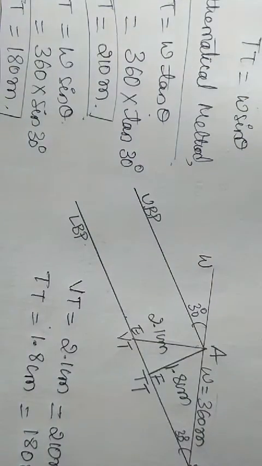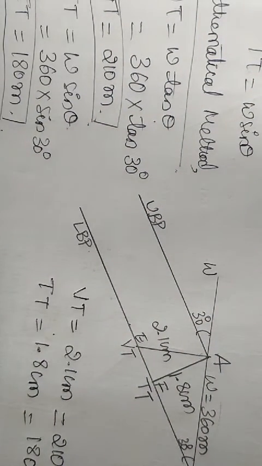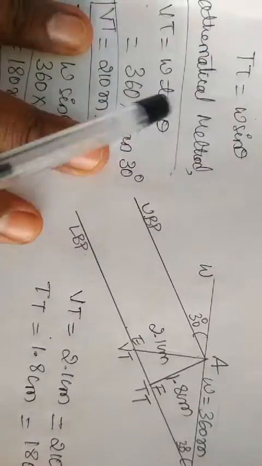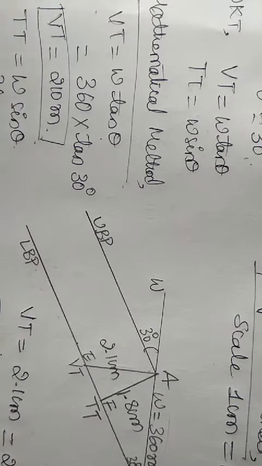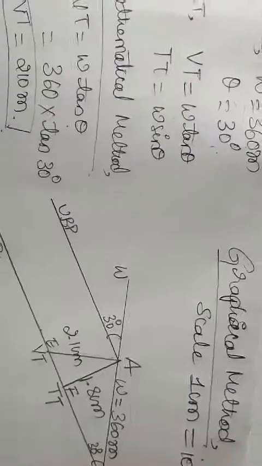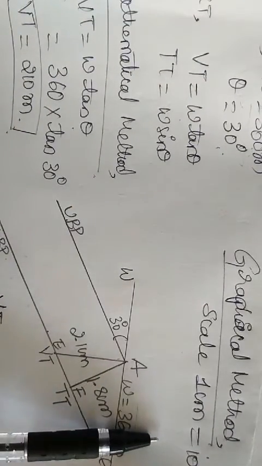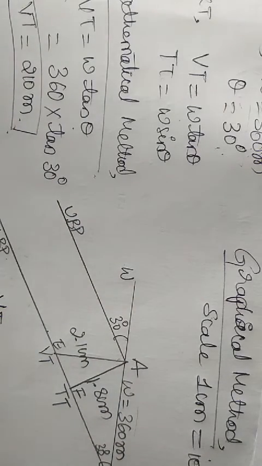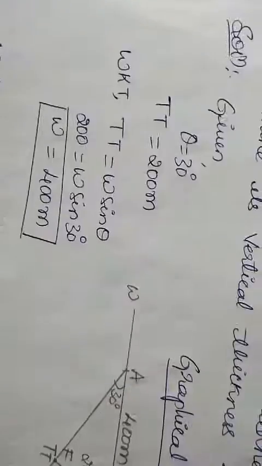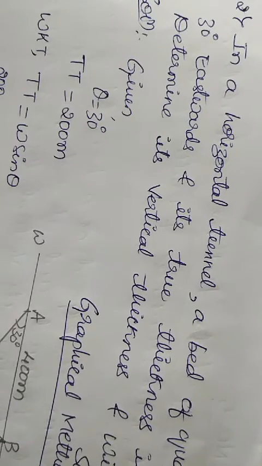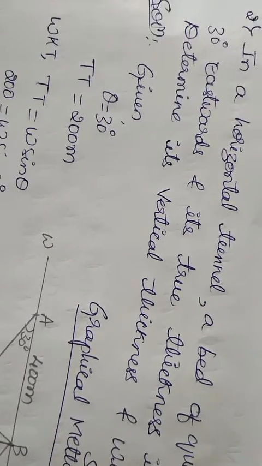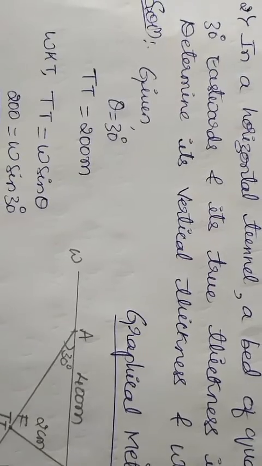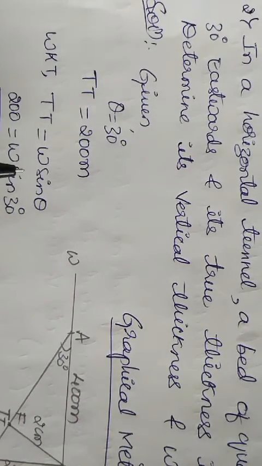So this is how we solve the thickness of strata problem when the width of the outcrop as well as the theta value is given. This is one method where we use the mathematical method as well as the graphical method to solve thickness of strata problems. Similarly, we have other different problems. In this problem, the first method was given with the width of outcrop as well as the theta value. In the second problem we will see what the given data is.